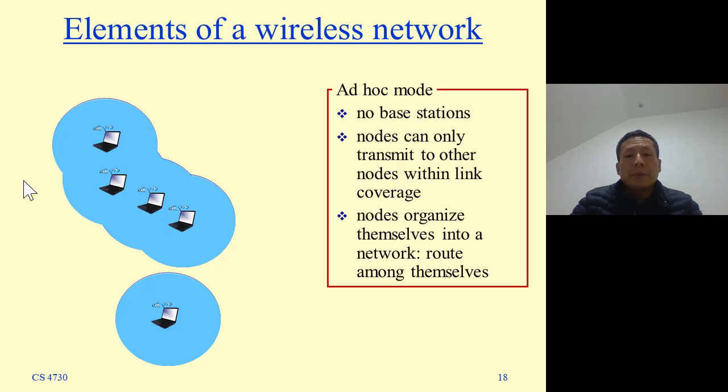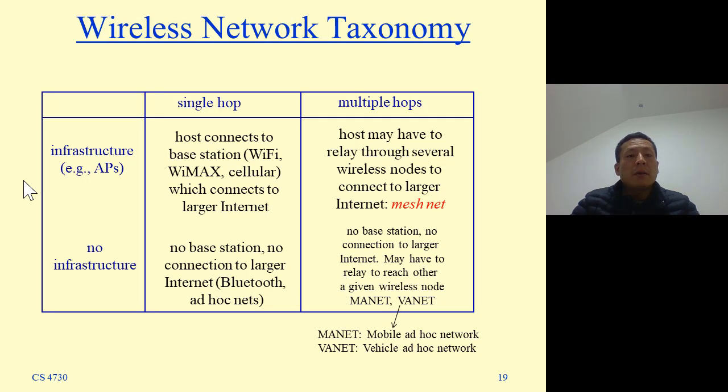They can transmit to other nodes within its own link coverage. They cannot see too far away. They have to handle the route by themselves. Okay. So if we summarize